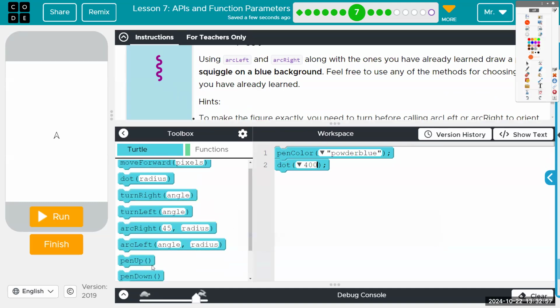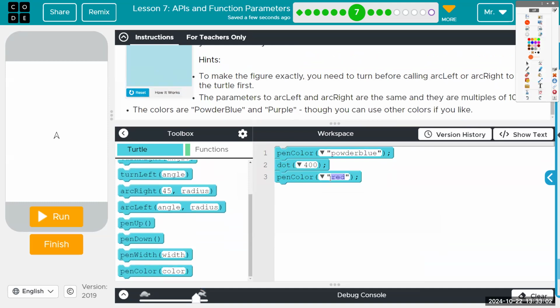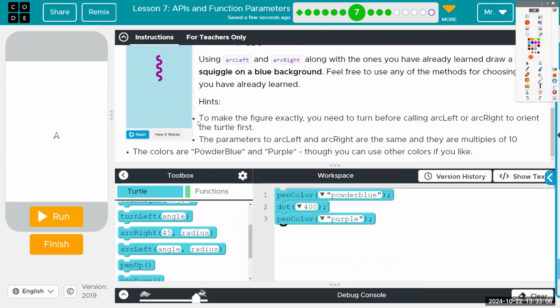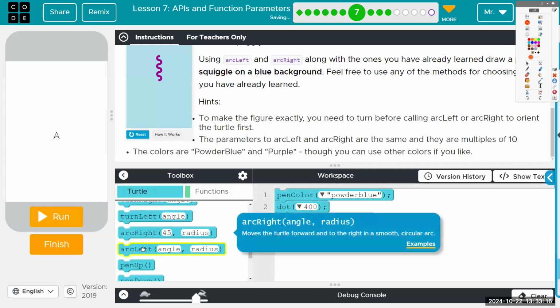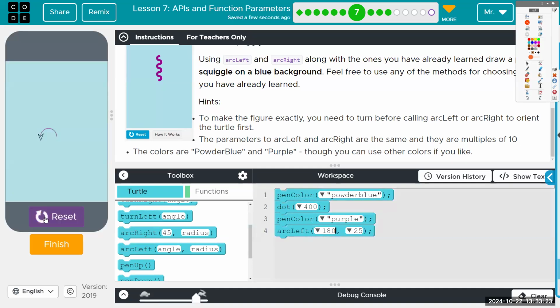So we need to change the color again. Pen color, and do they just call it straight purple? It is purple. And let's do some arcs. Okay, so it's clearly going to be left, right. But if we start out with our arc left and make it 180, it is going to turn